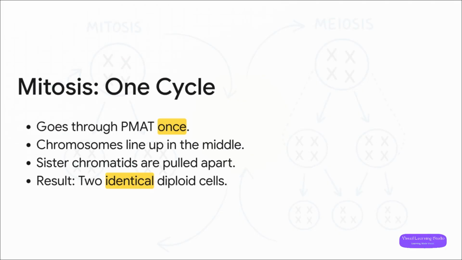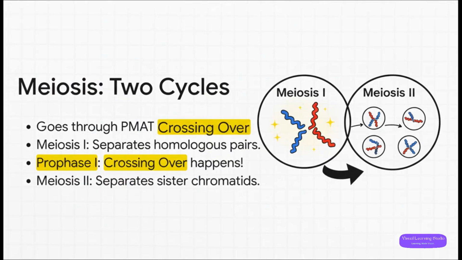Mitosis is super straightforward. It's direct. It just goes through PMAT one single time. The chromosomes line up, they get pulled apart, the cell divides, boom, one and done. The result is 2 identical cells. Simple. Meiosis, on the other hand, is like a 2-part movie. It goes through PMAT twice. We call it Meiosis I and Meiosis II. But now,